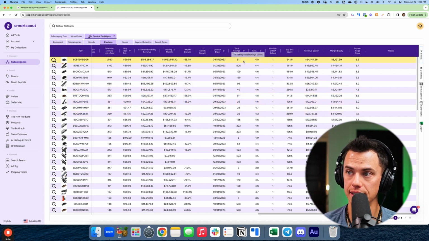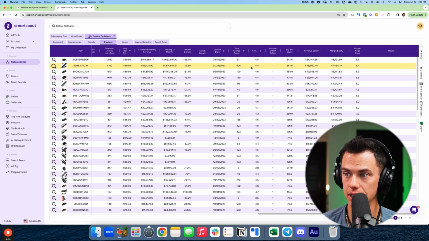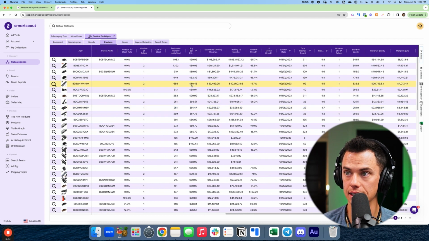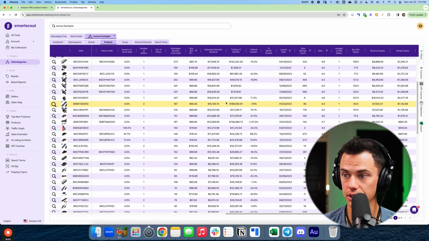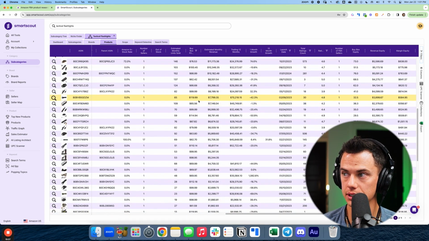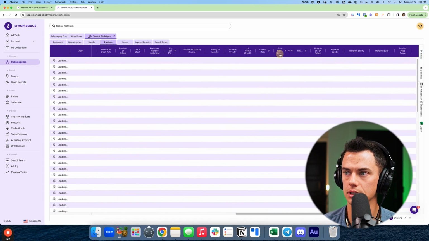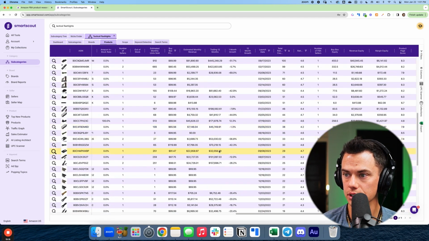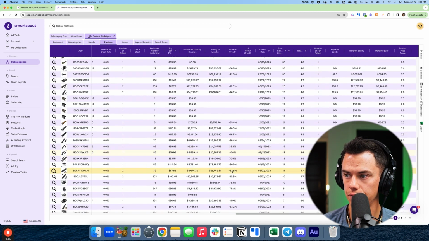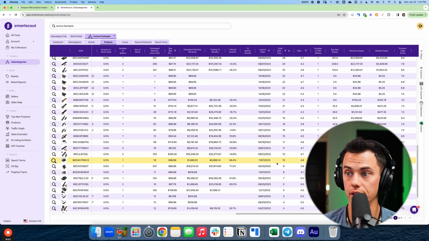So I can see total ratings count for each SKU. I can see what their review quality is. And then again, I can kind of see their estimated monthly revenue. So this is showing me, okay, realistically, actually, I know what I'm going to sort by. Let's sort by total ratings count. Let's go high to low. Okay. So this is showing me that even if I have somewhat low reviews, I could potentially still be selling